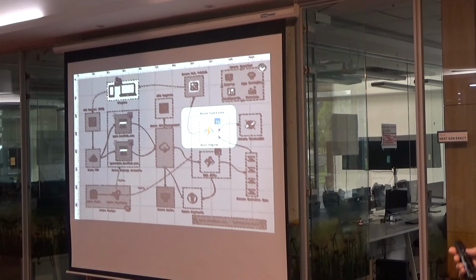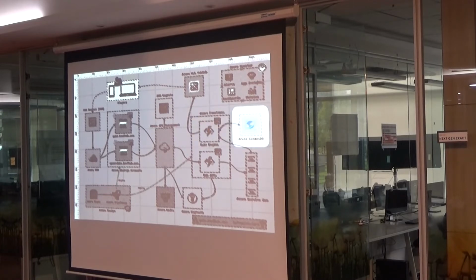That is done by another Azure function called Quiz Engine. Once the processing is done, it stores all the transactional results in Cosmos DB, which is like a MongoDB NoSQL store. Again, there is no reserved capacity here.